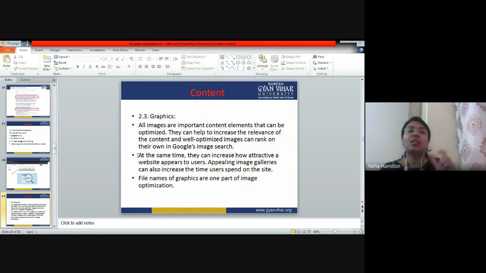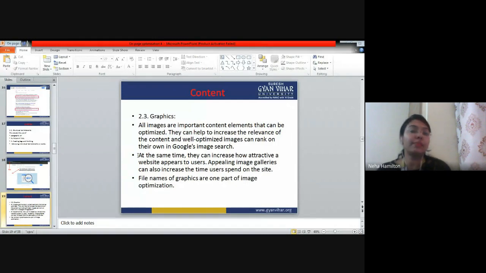Optimized means the text that we write in programming for that particular image is called alt text. It is alt text. So it is very important to add alt text in the name of the image.